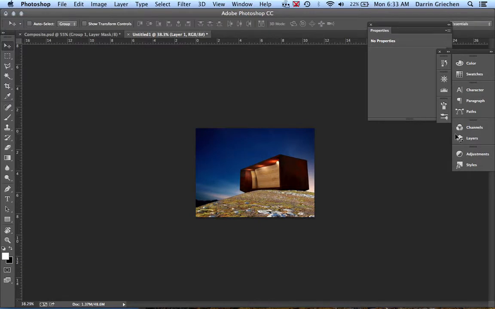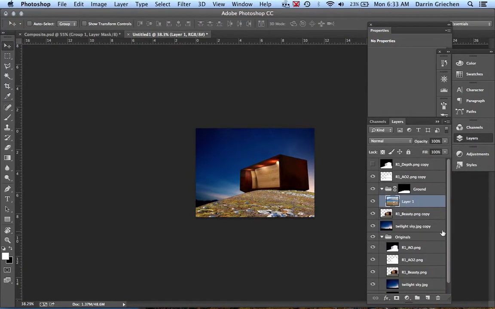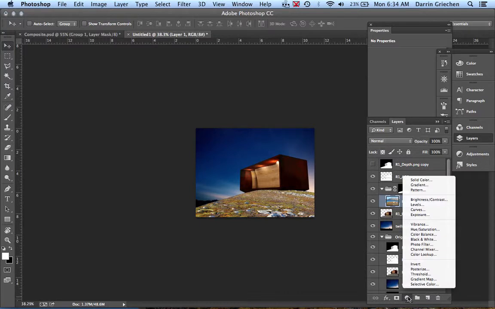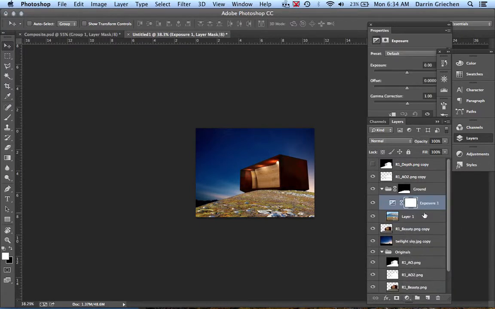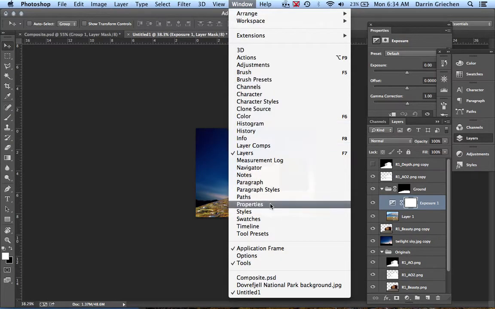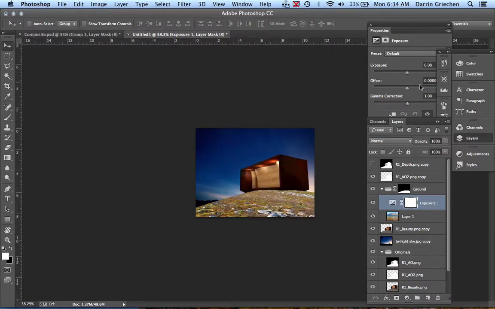Alright, so now we can open up our layers palette again. Alright, so we have that. Now the first thing that we want to do is add some adjustment layers here. So with this one here, first thing we want to add, let's say, is that exposure. So we kind of turn it dark. And you'll notice that I have the properties palette turned on up here. You can get to that by Window and Properties. I just like to have it open